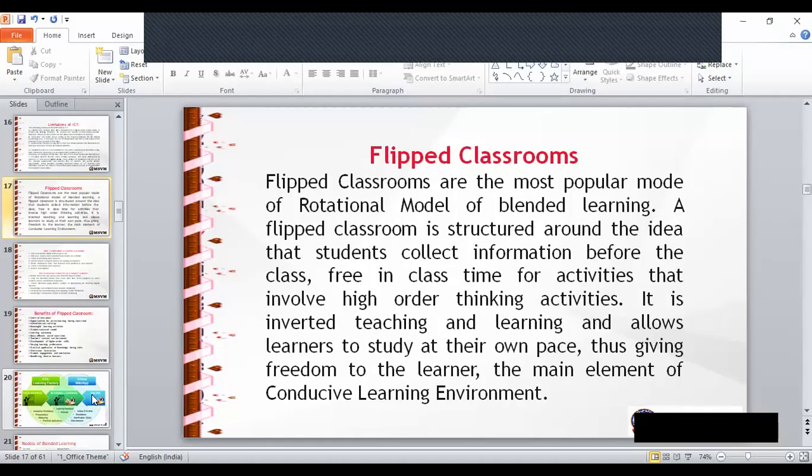How to implement a flipped classroom? How can we implement the flipped classroom? What is the right model of the flipped classroom? That's why we have discussed many kinds of features of blended learning. So in the flipped classroom, first of all, point-wise, I want to say: